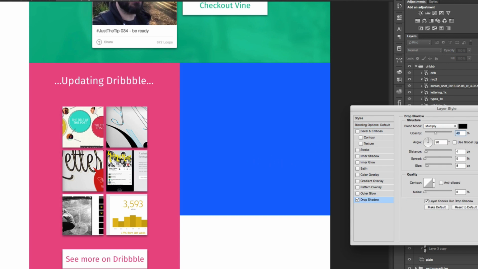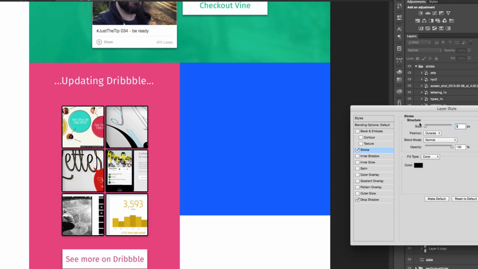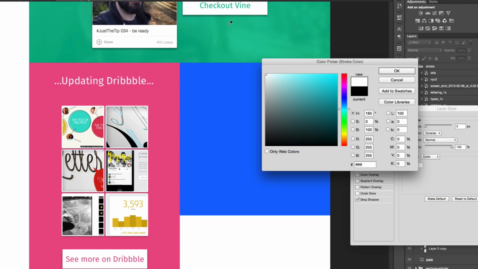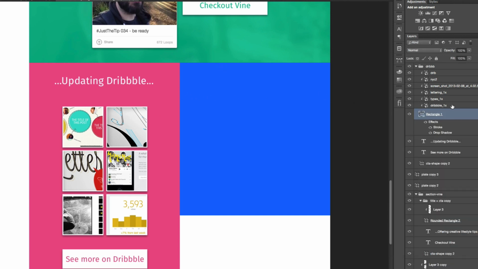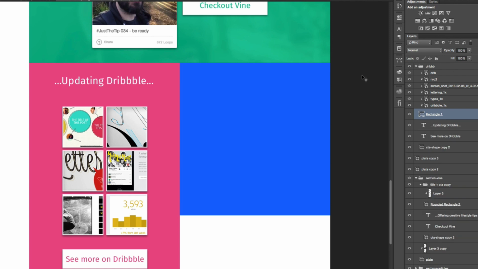Does that look a little bit muddy? It does look a little bit muddy. What if I put a stroke on them? Color of white. Inset. So this is the dribble, and then in order to do texture behind it, I didn't really have anything for dribble, so I went and I looked at like